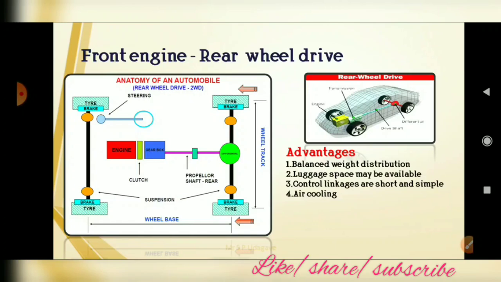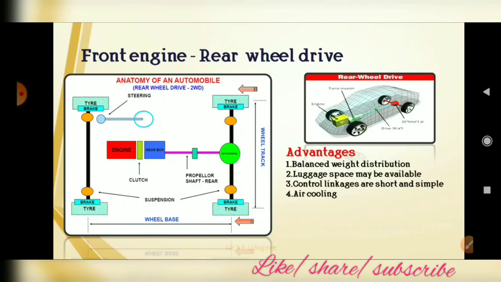The gearbox is followed by the engine, so we can easily control the gear ratio through the gearbox, as well as operate the clutch. So with short and simple linkages we can control the vehicle.